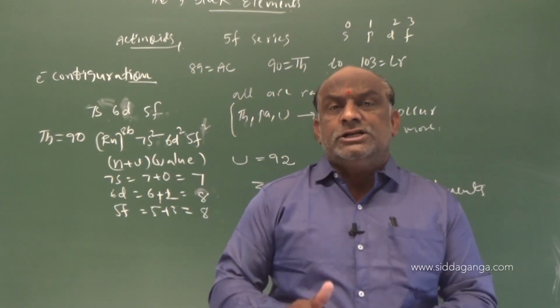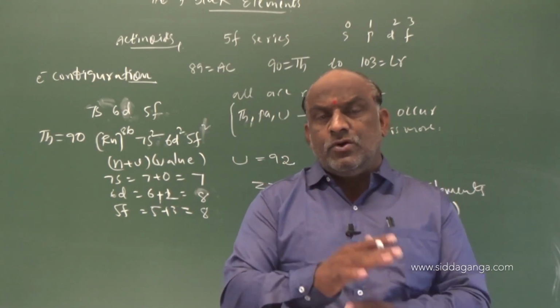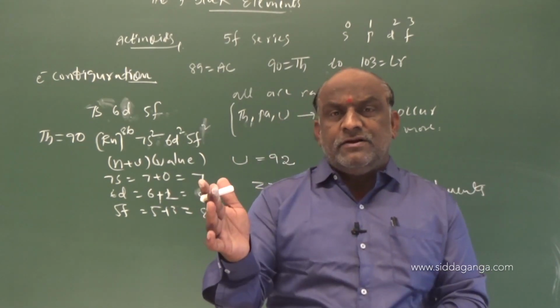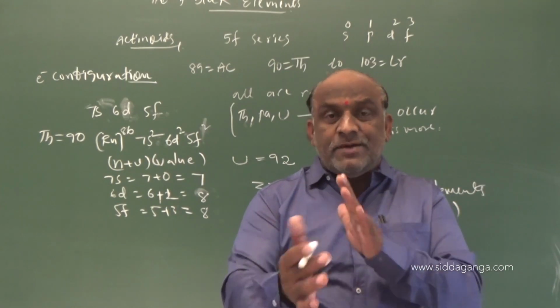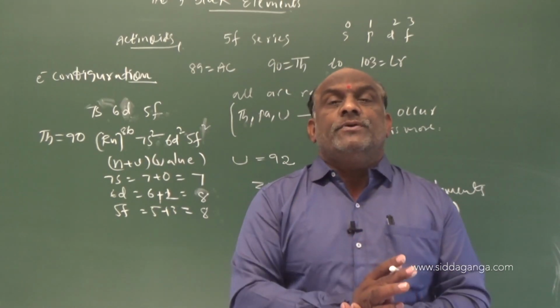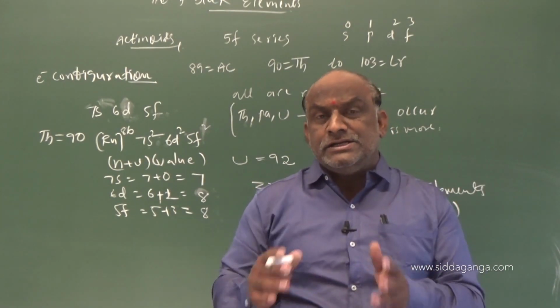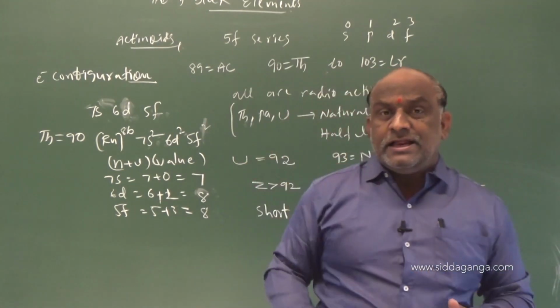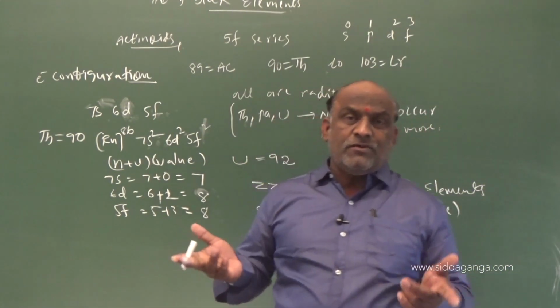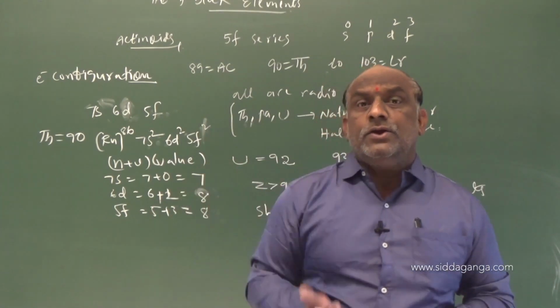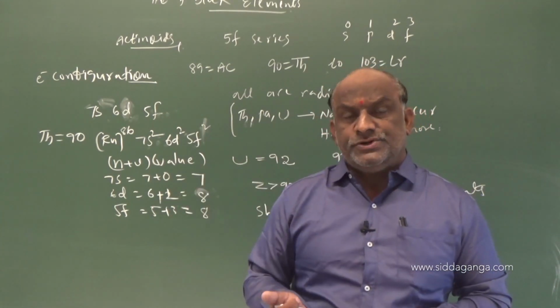Due to that splitting, electrons jump from lower energy levels to higher energy levels without taking any risk, because the gap will be very, very minimum. Due to the minimum gap, they can jump from lower to higher energy levels, because if the number of unpaired electrons is more, they are ready to participate in bond formation.